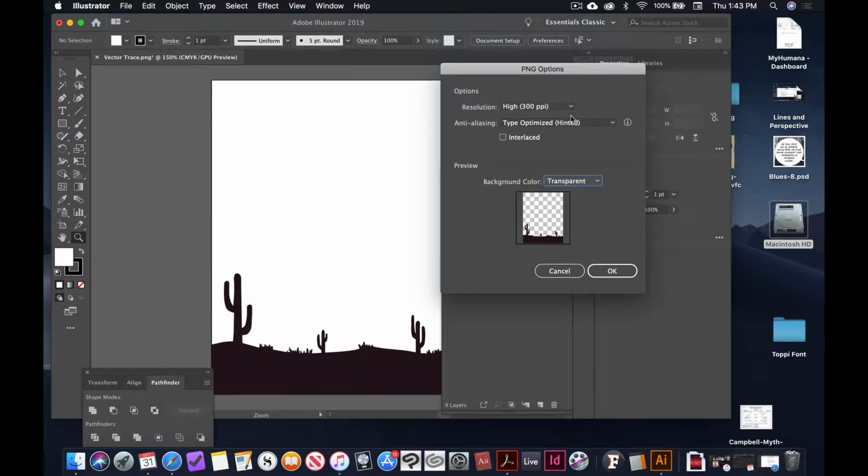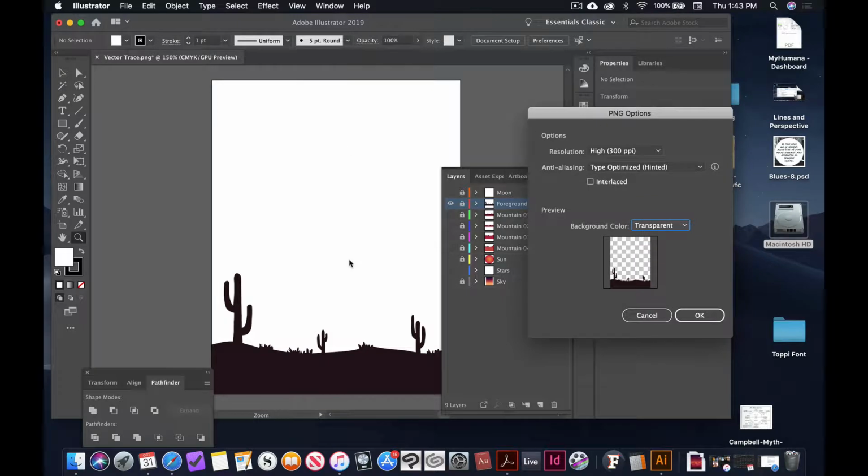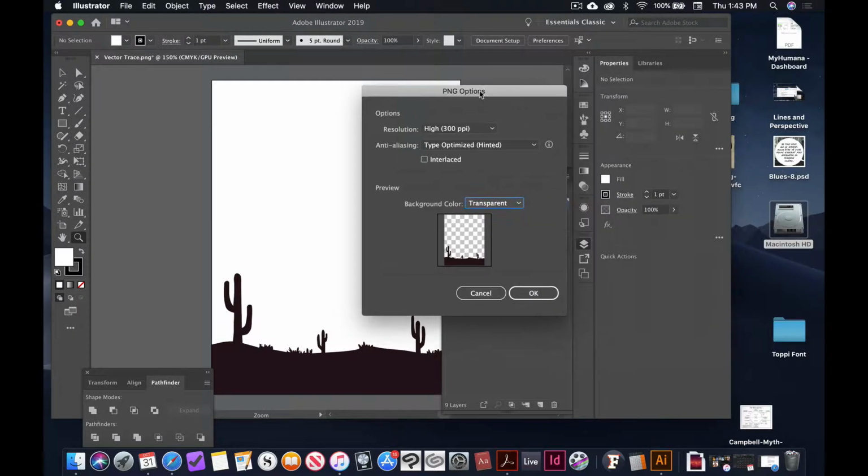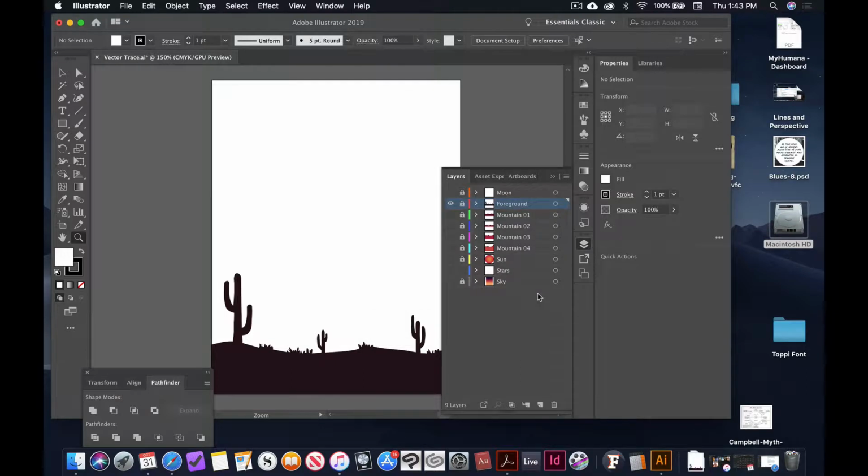The 300 pixels per inch, I think that's going to be high enough resolution. The trick to this is that when we convert this to an animation, it's not going to be at the same aspect ratio as this image we started with. So that's going to be a challenge all on its own that'll be fun to deal with in a minute. So I'm going to try 300 ppi and I think it'll be okay. I'm going to hit OK, and I'm going to save this to,